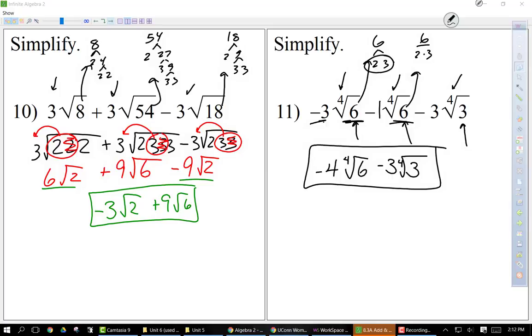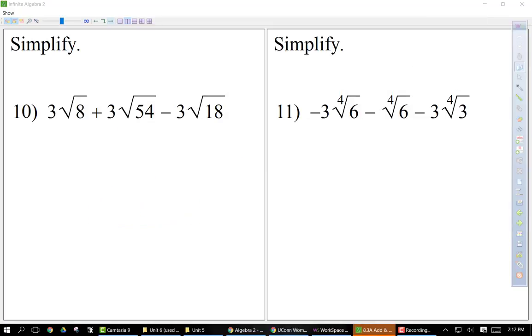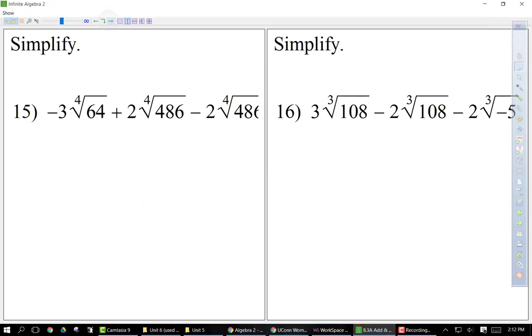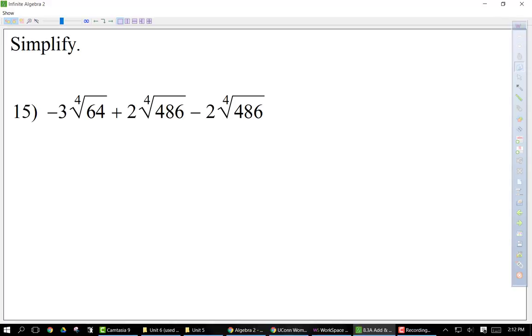Let's do one more, just for the fun of it. Let's do 15. This one looks lovely. Again, we got big numbers, so let's find out 64. 64, 2 and 32, 2 and 16, 2 and 8, 2 and 4, 2 and 2, holy cow. Negative 3,